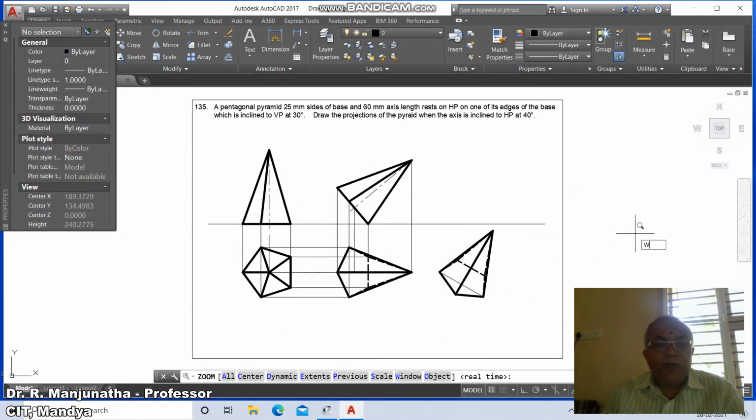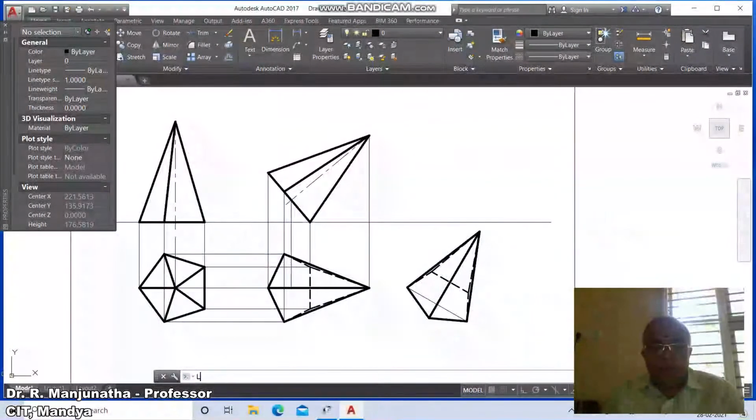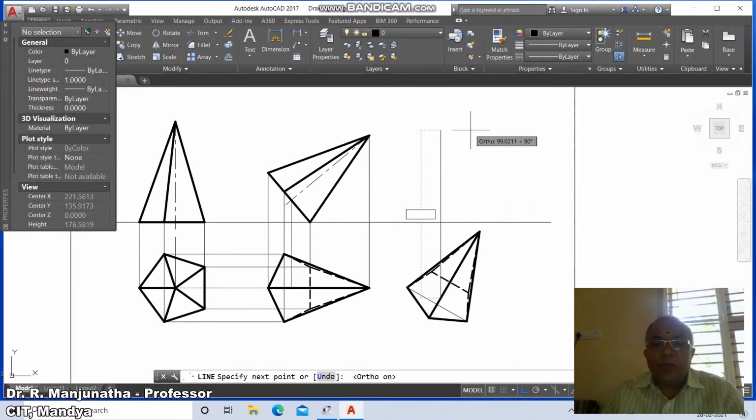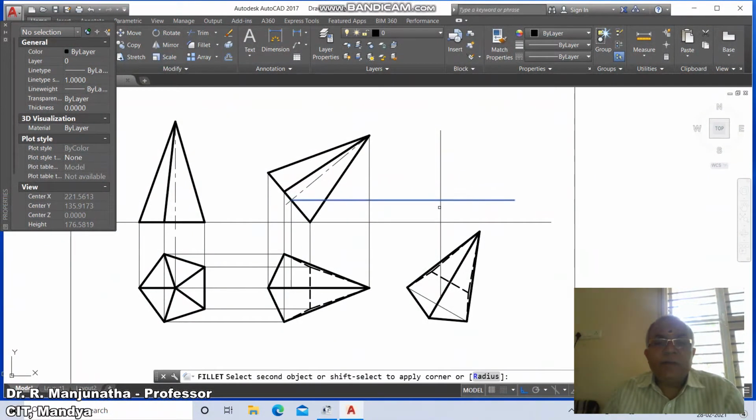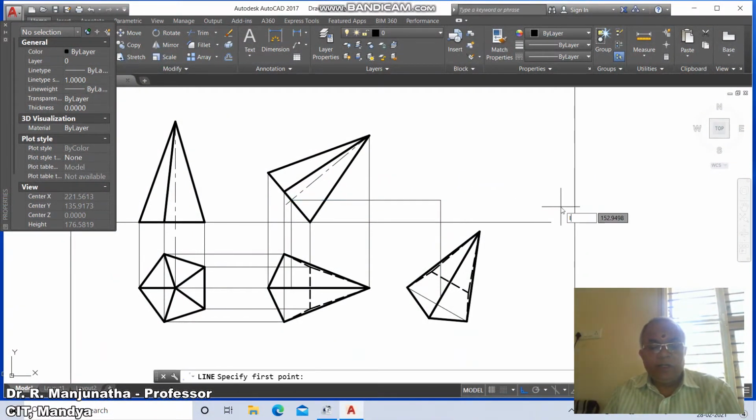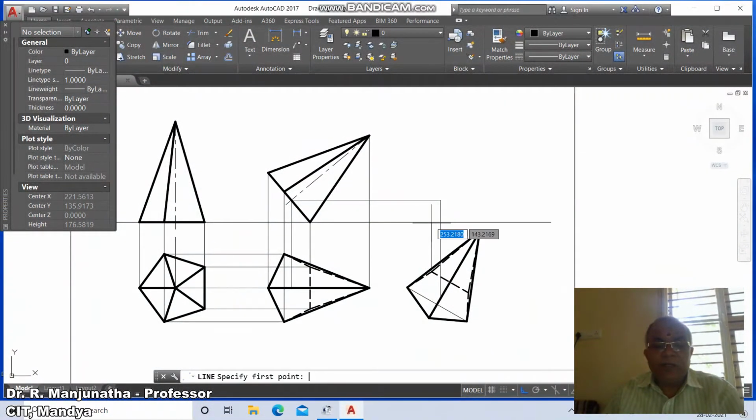Now we need to go for zoom window, go to line, take end point of this and draw a vertical line, take intersection point of this and draw a horizontal line, fillet between these two. Then go to line, take intersection point of this and take perpendicular to this. Similarly, line, intersection of this and take perpendicular to this. Then go to line, take intersection of this, then go to line, take intersection of this and draw perpendicular to this. Then go to line, take intersection